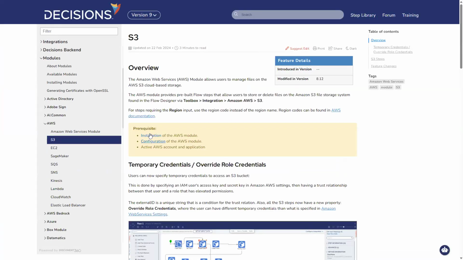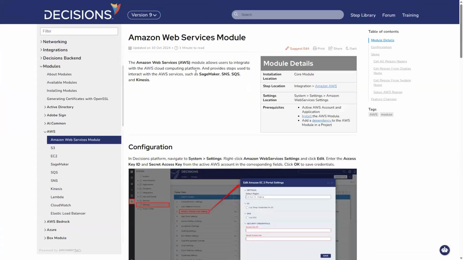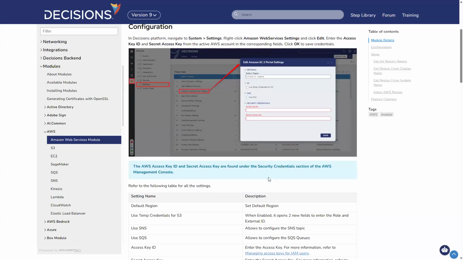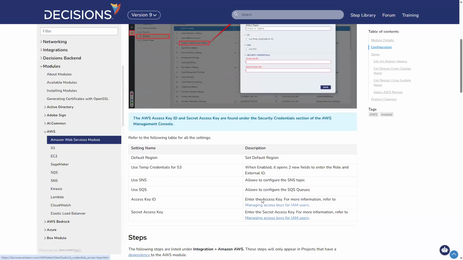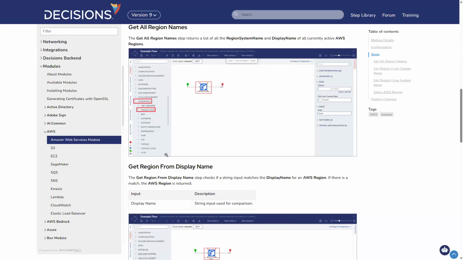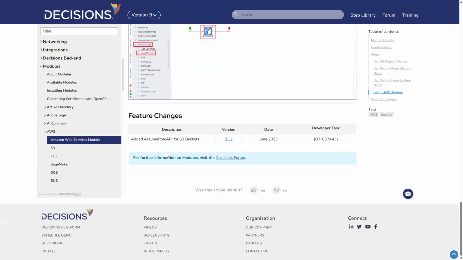So let's take a look here. Installation, configuration. Yep, default region. I get that. You need the access and the secret. Get all region names. I wonder if